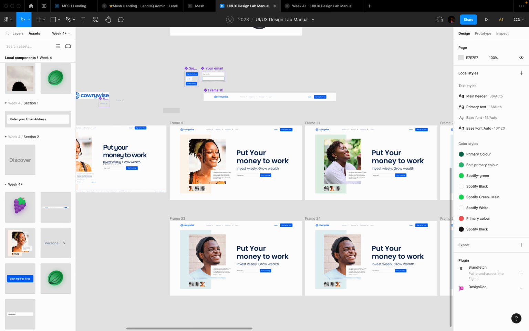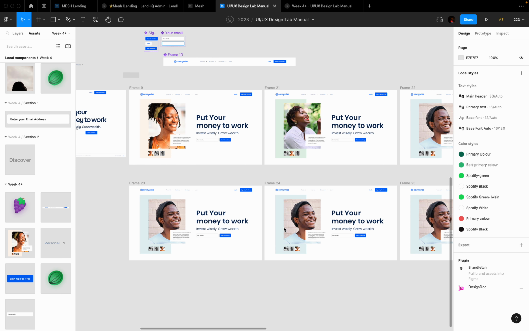So we've been able to touch on components. We've been able to clearly elaborate what components are and what variants are, how to create components, how to utilize them, and so on. Now for your assignment. It's very critical you watch the video up to this part, because for your assignment you are going to